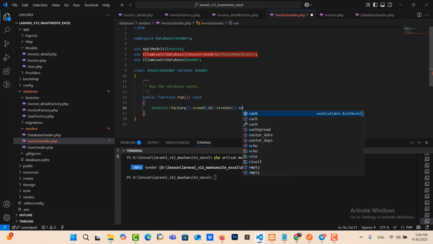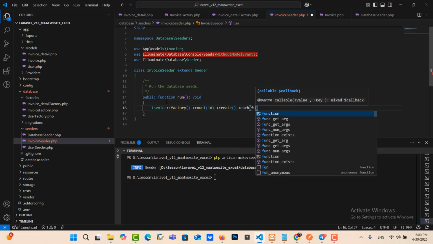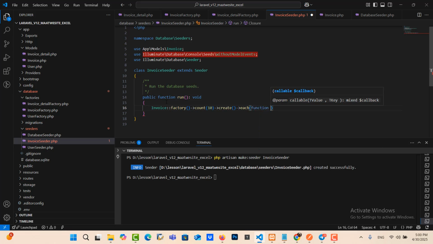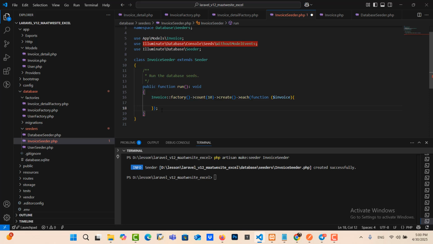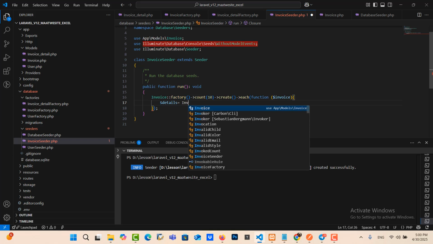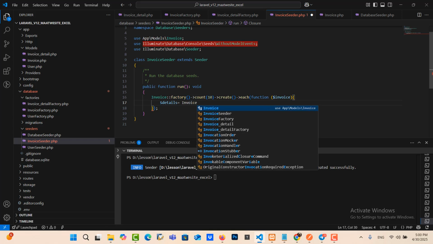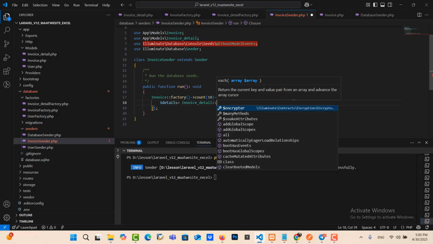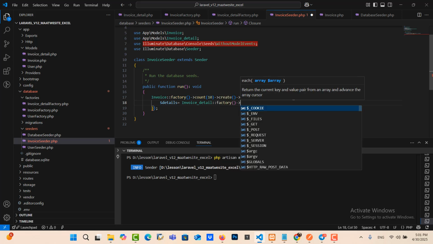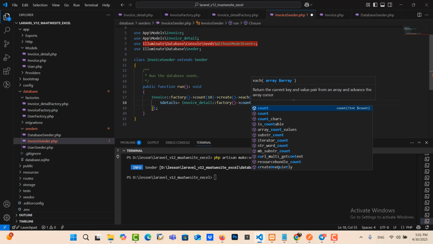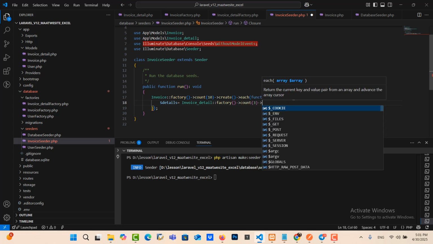Okay, for each record, we need to create the details, invoice details factory count 3.